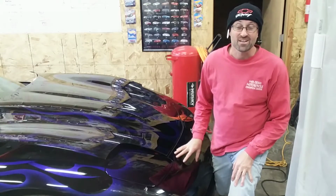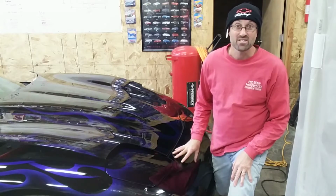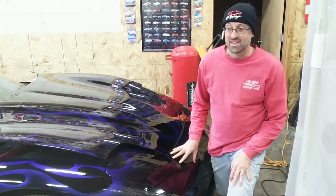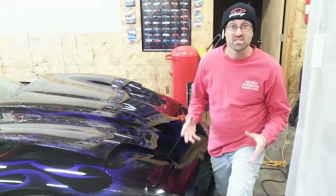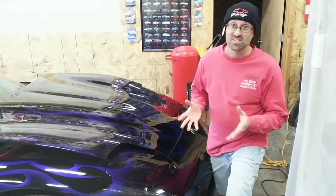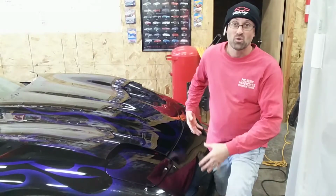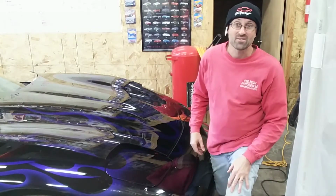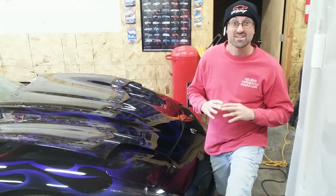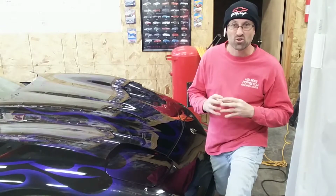So before we get started, what I want to do is double check the cleanliness. I can tell you it is not ready to go. It needs to be cleaned with alcohol, wiped down, and then I need to spray it with the slip solution, which is the baby shampoo and distilled water, and it will then spread out and around. Now I will be starting at the center around the license plate opening because I need a center point to kind of anchor the